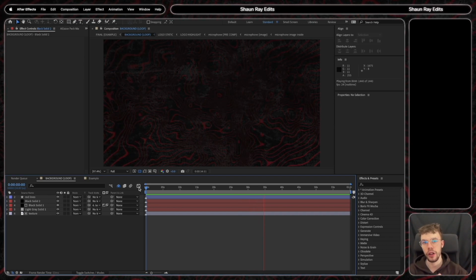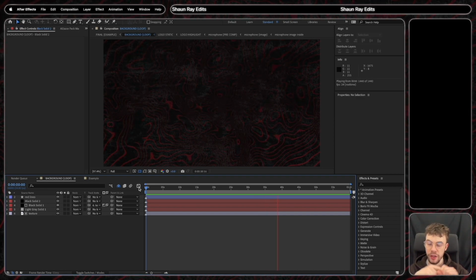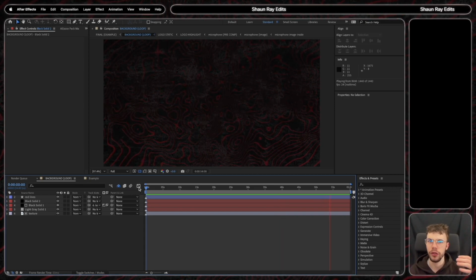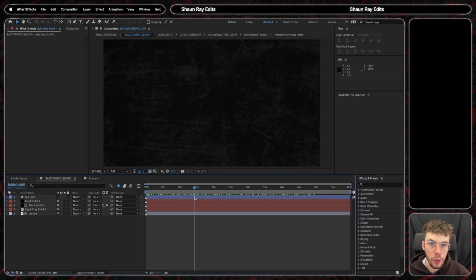It needs to be an infinite loop and only be about a minute long so it doesn't take up too much storage space, nor is it too computer intensive. It also needed to be interesting but not too distracting. So the first thing that I'm going to break down from making this background texture is the actual background to the background,